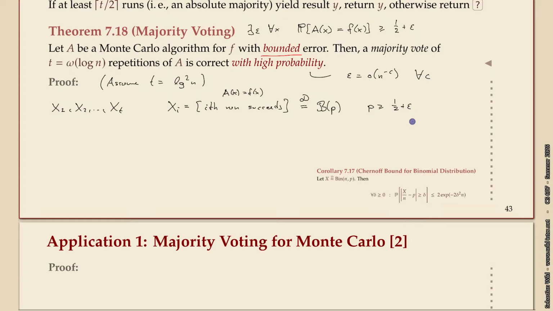Now, because we pick the same x, we don't know exactly what p is, but we pick the same x and we do independent repetitions. So really the sequence is IID, independent and identically distributed. And it has some Bernoulli p distribution for each xi. We just don't know the p exactly. We know a lower bound. But we can pretend that it is known exactly. Then the algorithm will only be more likely to succeed.